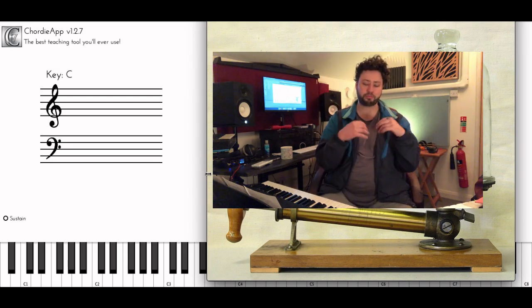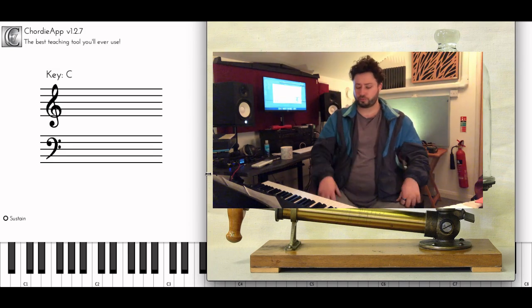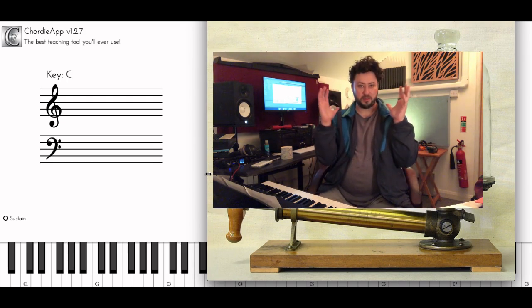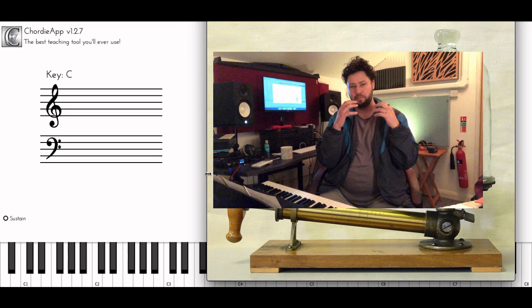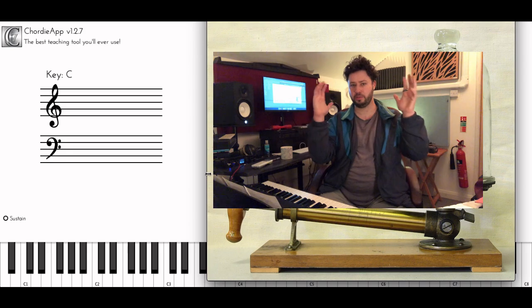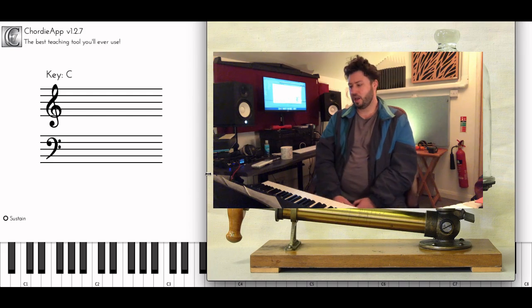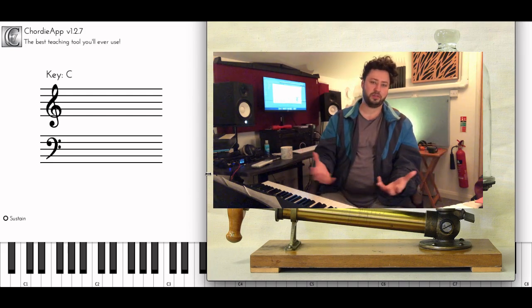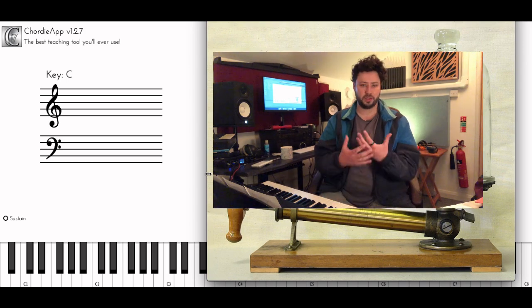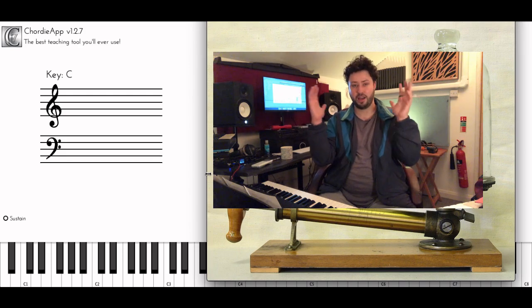So just to recap that, sound is air vibrating, and pitch corresponds to how fast. So this is high pitch, this would be low pitch. That how fast something's vibrating is called frequency. And there's a whole load of physics around waves and frequency, but this is what we need to understand as musicians, and I'll say it one more time: the pitch of a note corresponds to the frequency of the vibration of the air.